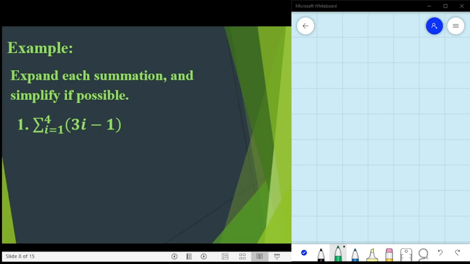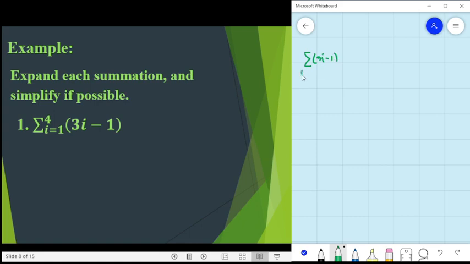So the summation of 3i minus 1, wherein i runs from 1 to 4, is the same as, first we have 3 times 1 minus 1 plus 3 times 2 minus 1 plus 3 times 3 minus 1 plus 3 times